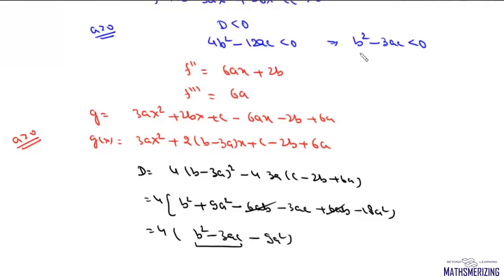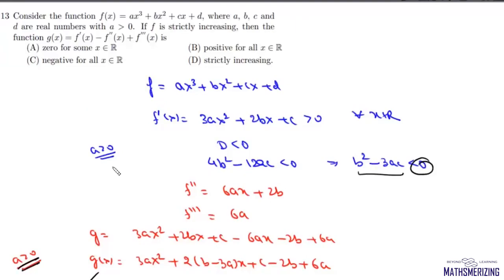Now b square minus 3ac is less than 0, and minus 9a square is also less than 0. So here D is less than 0. So for gx also, a is positive and D is negative. So that means gx is always positive. So the answer to this question will be, this gx will be positive for all x belongs to R,